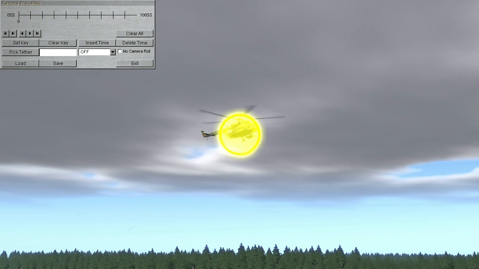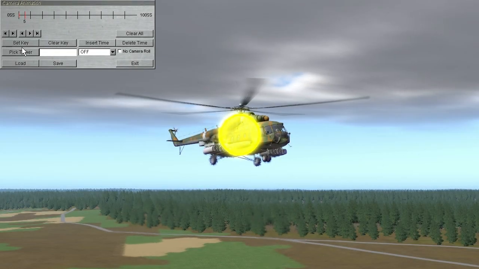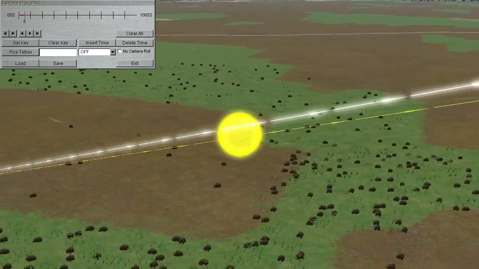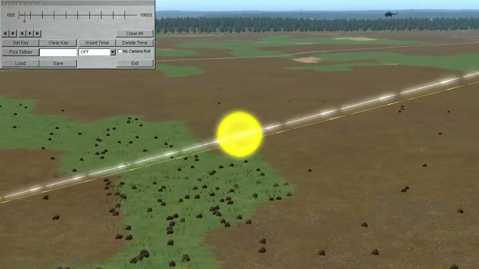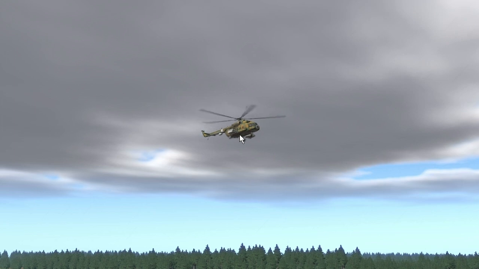Camera movement control is done by defining keyframes and time intervals between them. SteelBeast will then interpolate between these keyframes. Set your first keyframe by positioning the FreeFlight camera to the desired location, angle, and zoom. When setting your second keyframe the same way, SteelBeast will execute a linear camera move. Hit Alt-Space again and unpause the scenario to execute the programmed camera motion.